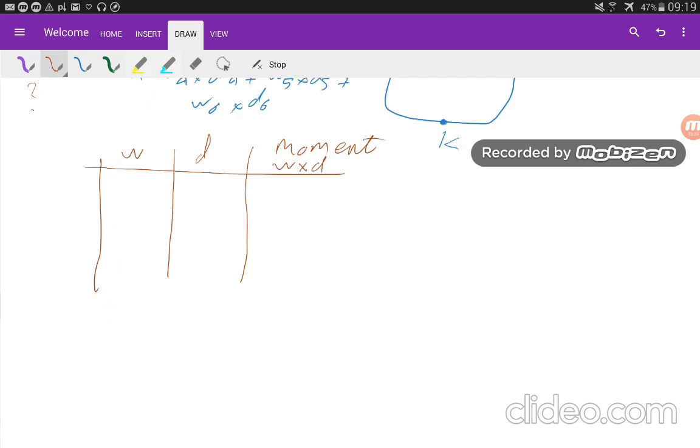So no matter how many loads you have, W1, W2, W3, however many cargoes you have, and the distance of the cargoes from your reference point, in the next column we are going to calculate the multiplier, which is the moment. It's W1 times D1, W2 times D2, W3 times D3, and so on. So at the end,